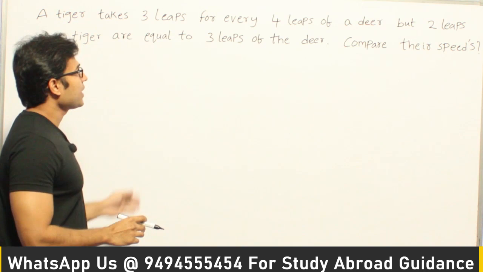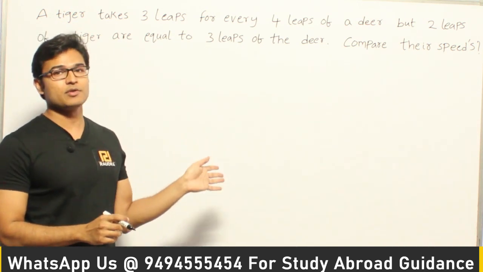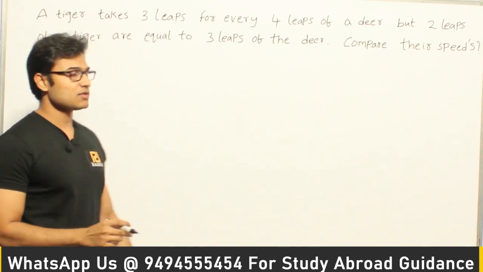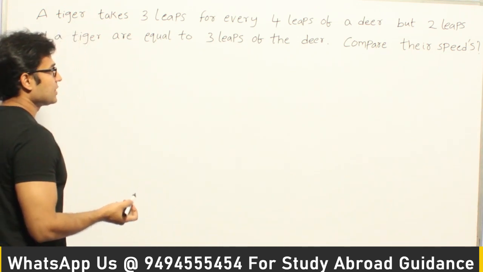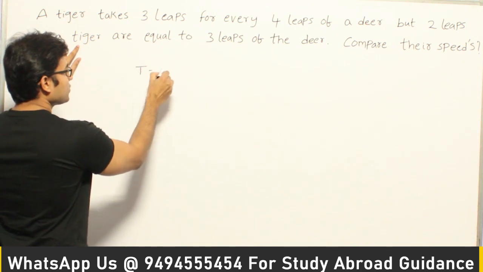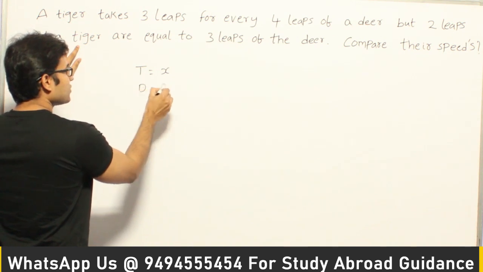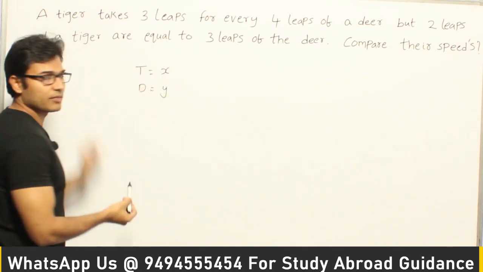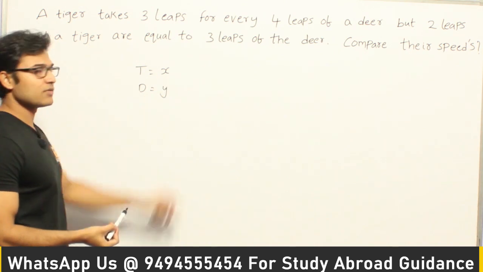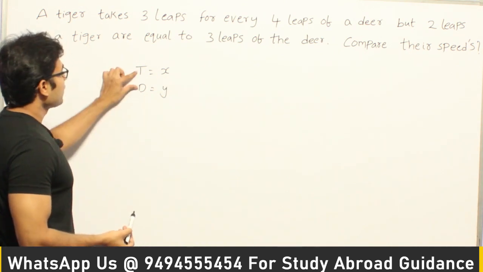So in one jump the tiger will be able to cover some distance, but in one jump the deer will be able to cover a different distance. So let us say the distance that the tiger will be able to cover in one leap is, assume that it is x, and similarly the distance that the deer will be able to cover, let us assume that it is y. You can either assume x meters and y meters, it doesn't matter here. And now they are saying that